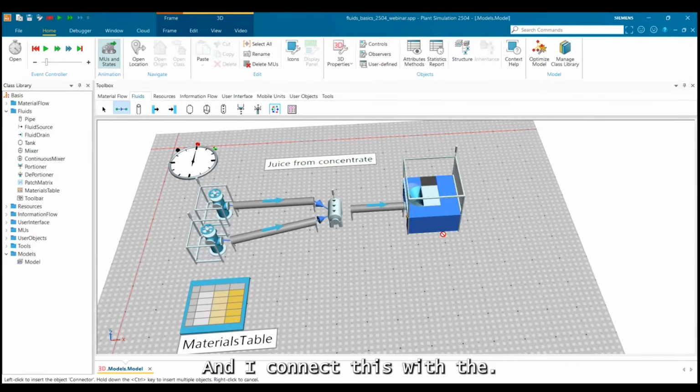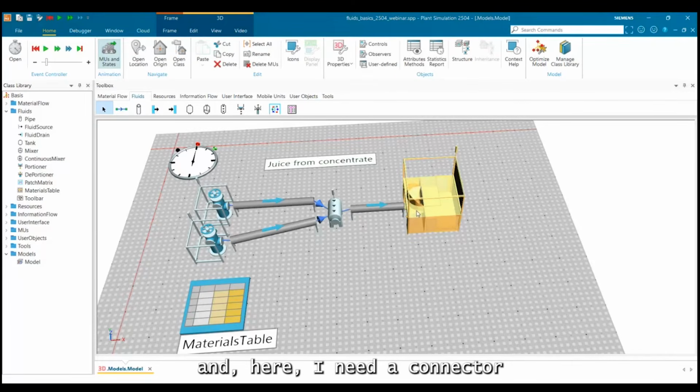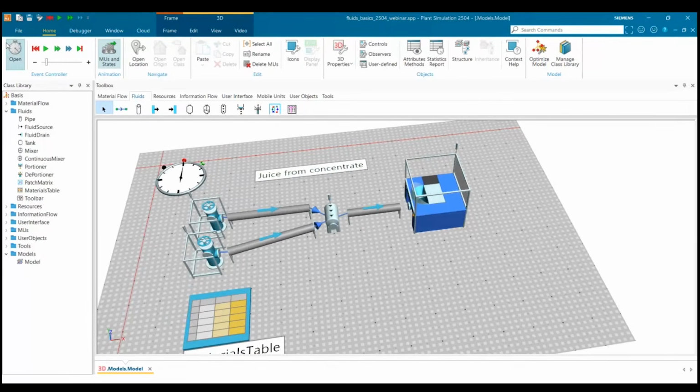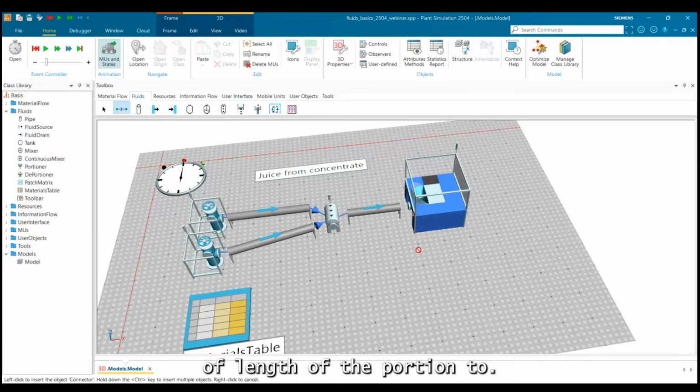And I connect this with the continuous mixer. And here I need a connector between the pipe and the portioner, not the deportioner.